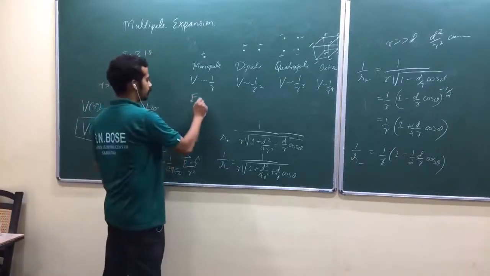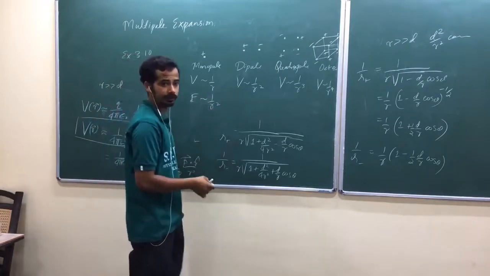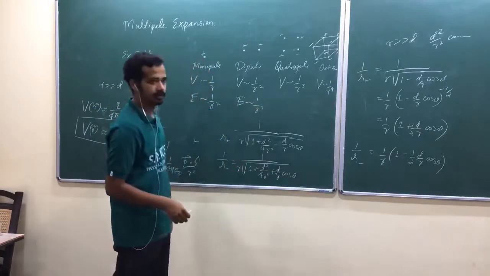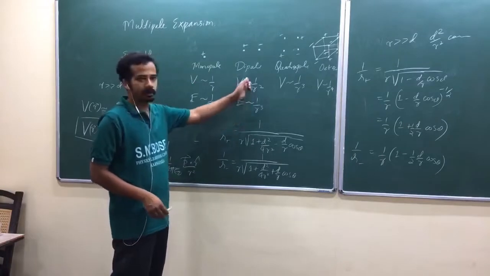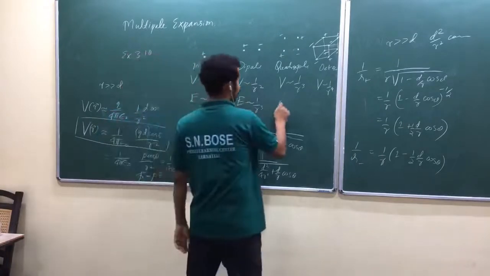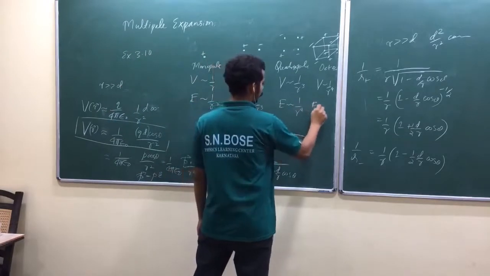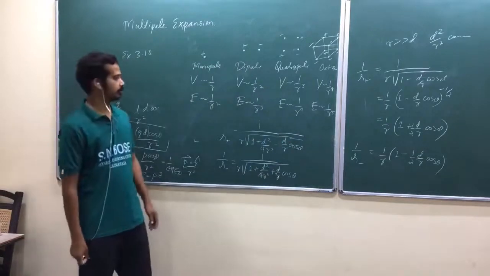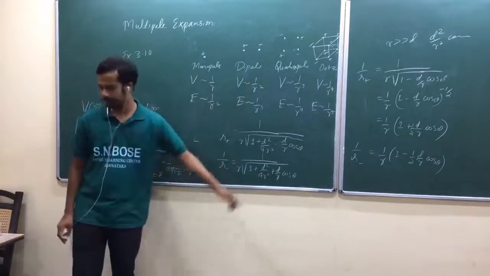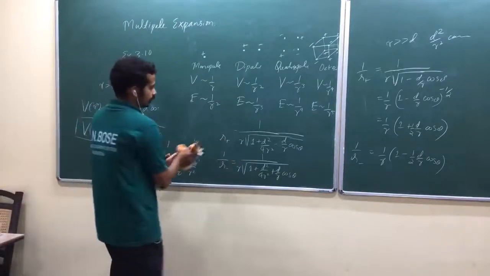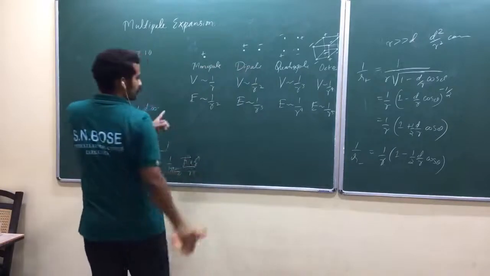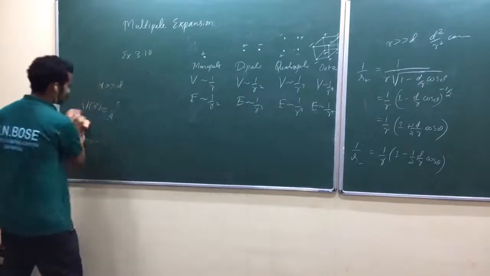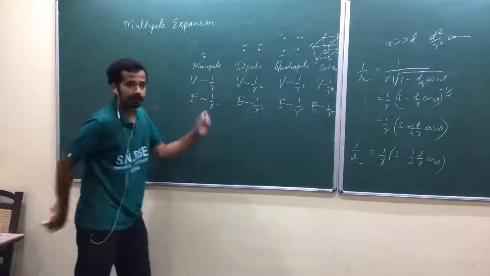Then what is the electric field related to? They are asking this question. Potential varies as 1 by r cube, isn't it? So electric field should be the derivative of this one. Am I right? So electric field varies as 1 by r raised to 4. Electric field varies as 1 by r raised to 5. They are designing questions. The only thing you have to see is which term is dominant. If potential varies like this, electric field should vary like this. Just check it out, because electric field is the negative derivative of the potential. You don't have to take care of that.